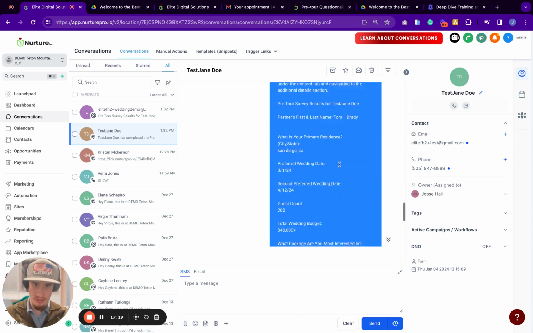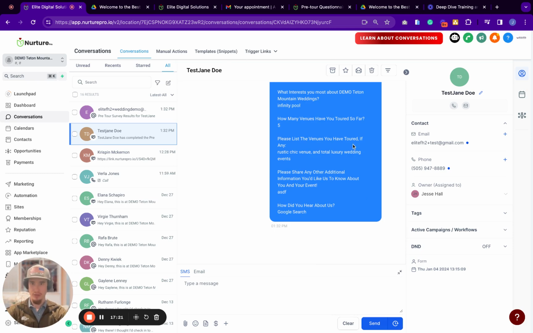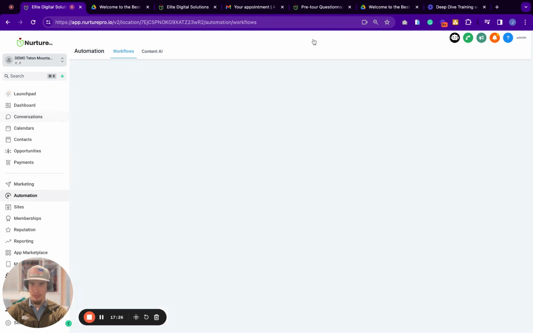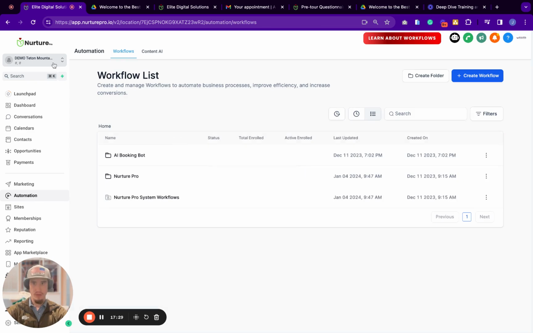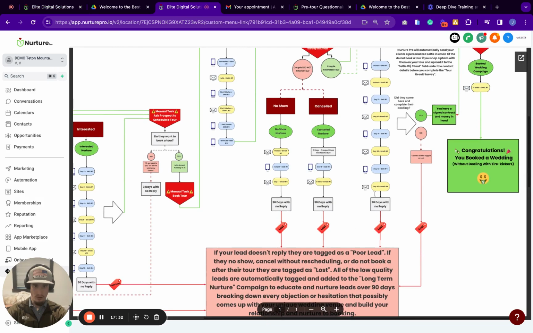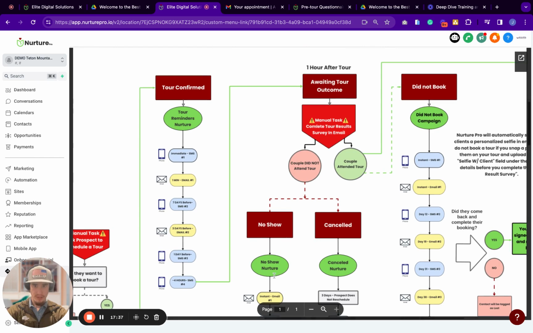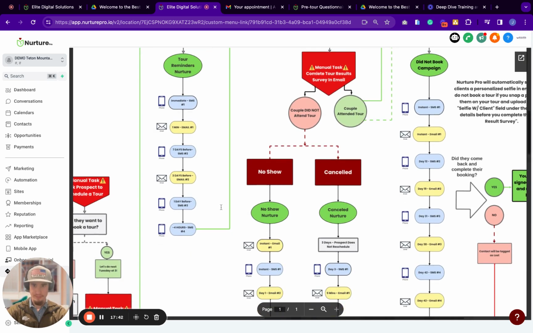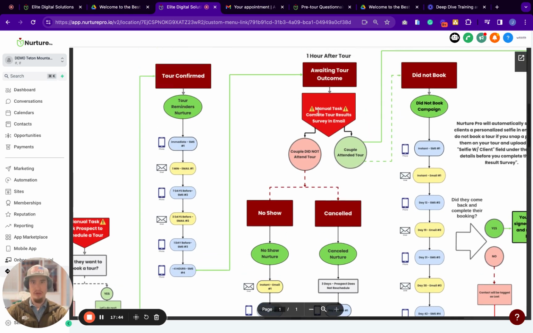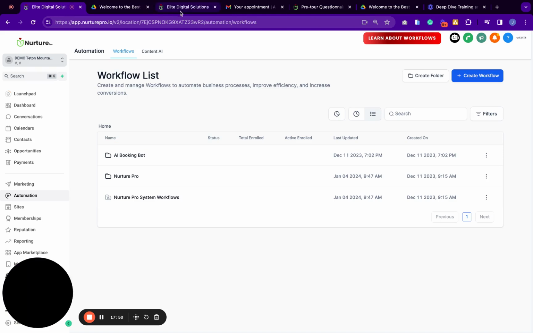So after you get the results to the survey, your lead will then continue to get tour reminders that will send out 7 days before, 3 days before, 1 day before, and then 4 hours before your tour. So then you'll come up to having your tour. You'll take your client on the tour, and after the tour,